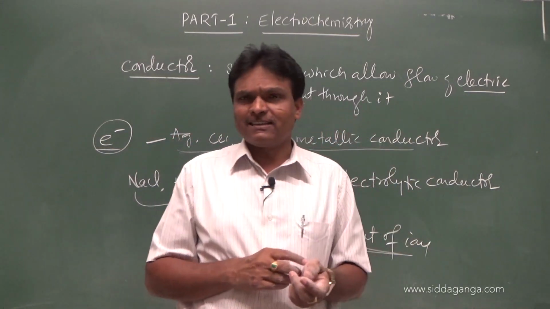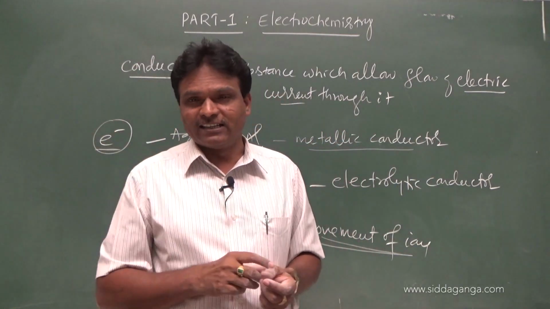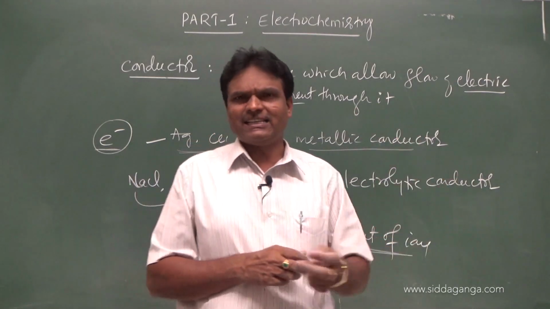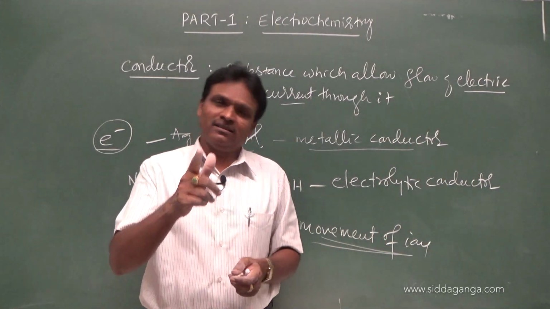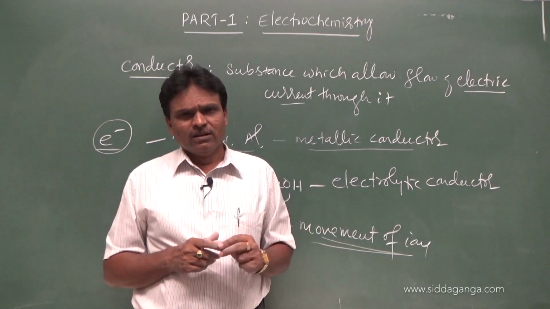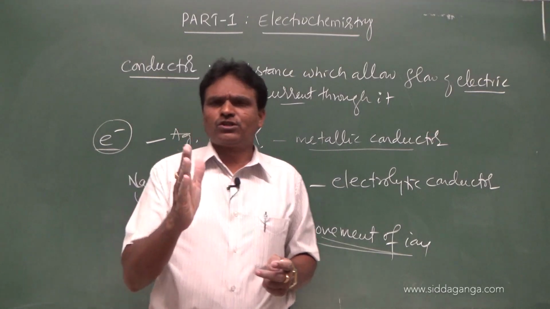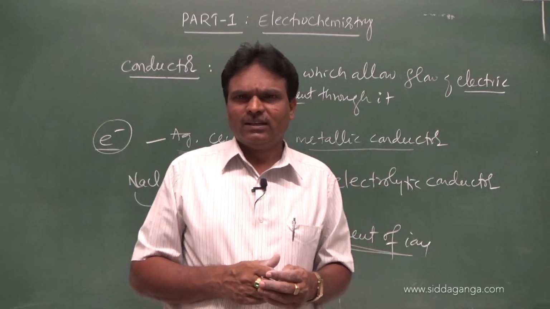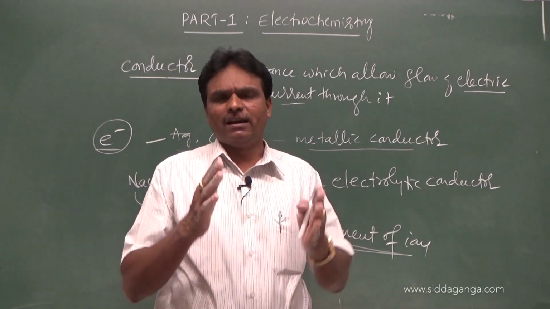In galvanic cells, chemical energy is converted into electrical energy. In electrolytic cells, electrical energy is converted into chemical energy. Is that clear? Then redox reactions: oxidation is a process in which electrons are lost,